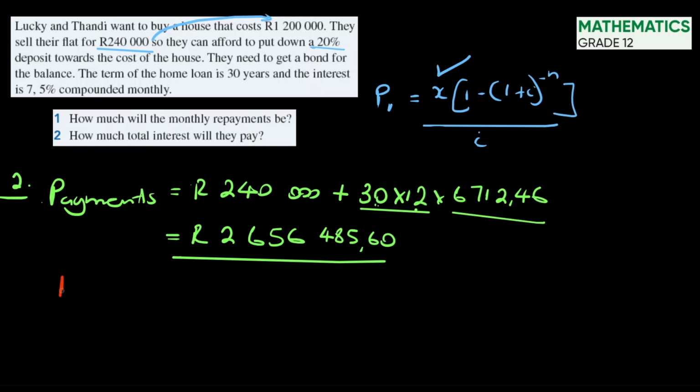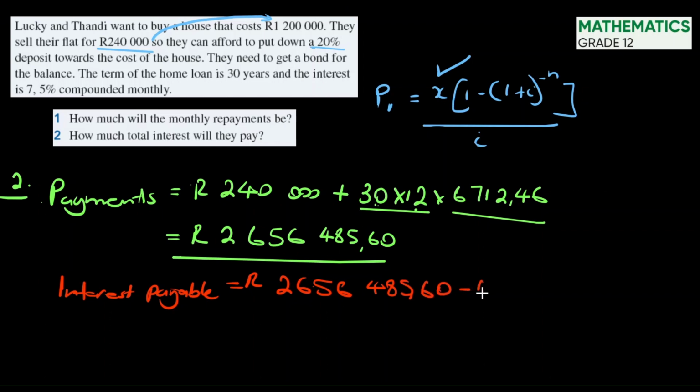So the interest that's payable will be 2.6 million minus the 1.2 million, which means the total interest that they're going to pay is